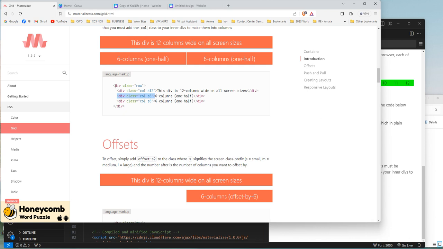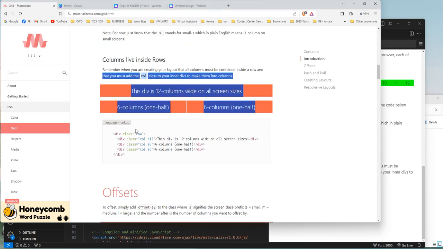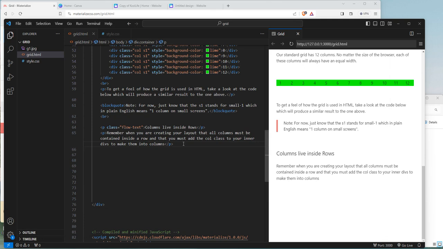Okay? So ito yung gagayahin natin. So we'll go back to ito. Gagayahin natin. Ito yung code, source code. We'll go back here. And let's type, again, what do we type first? We need to type row. So div with the class of row. And then under that, we have div column naman. Ano? With the class